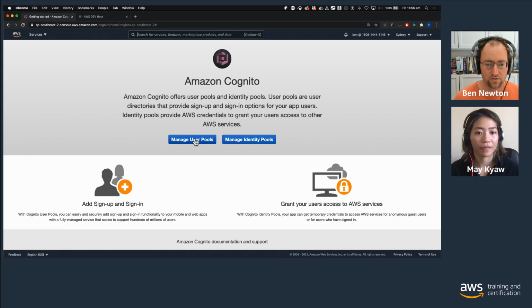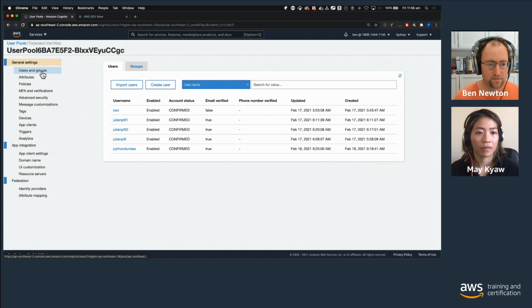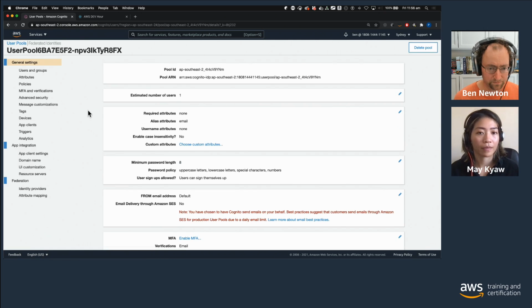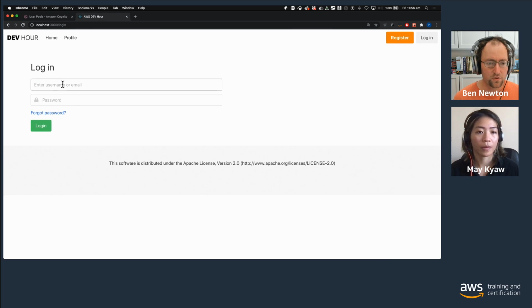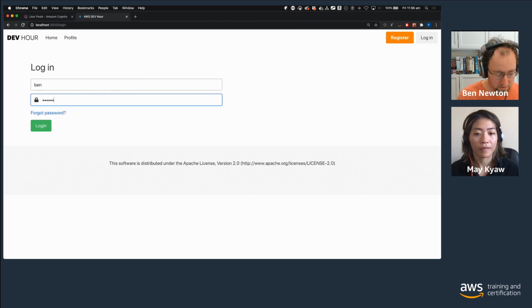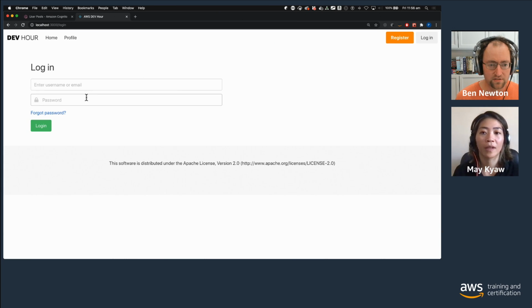If I can go into user pools quickly, I should be able to see if we've got our user pool that we can leverage. So we've got users. You can see here I've got my user that I just created. It has been confirmed and verified. The email's been verified. And of course, now we can sign in with that user so that we can access it. So let's sign in here. All right, so actually, that's not signed in. Let me just